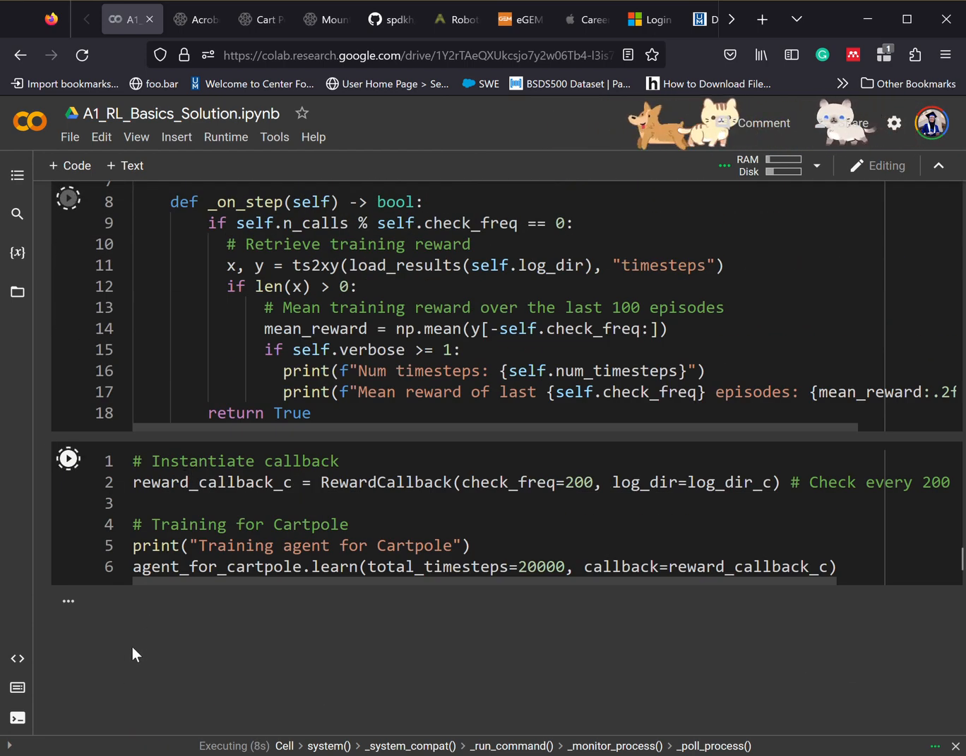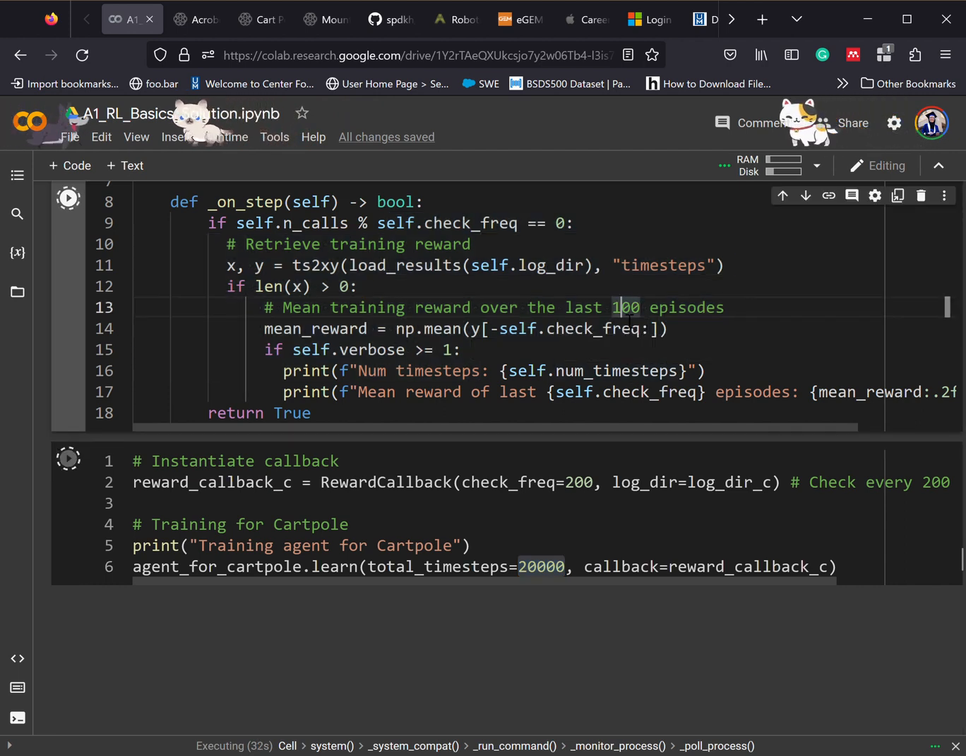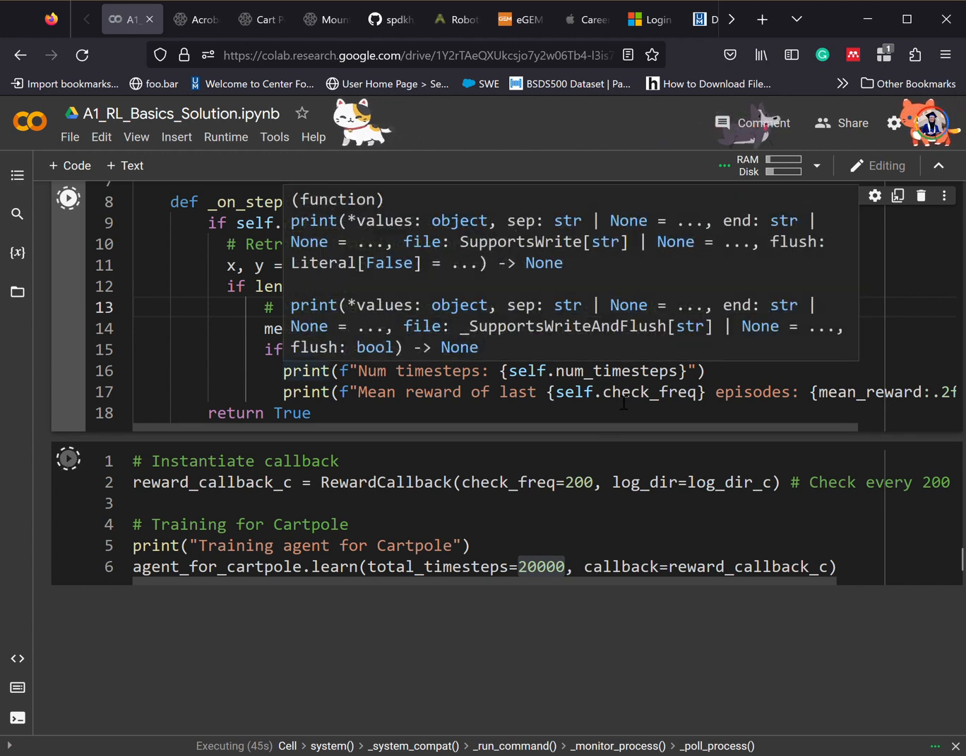And while training, it starts showing us some results every now and then. And regarding this function here, on step, for all these 20,000 time steps, it takes episodes of 200 time steps, it should be 200 anyway, it doesn't matter. And over the last, or better to say check frequency episodes,